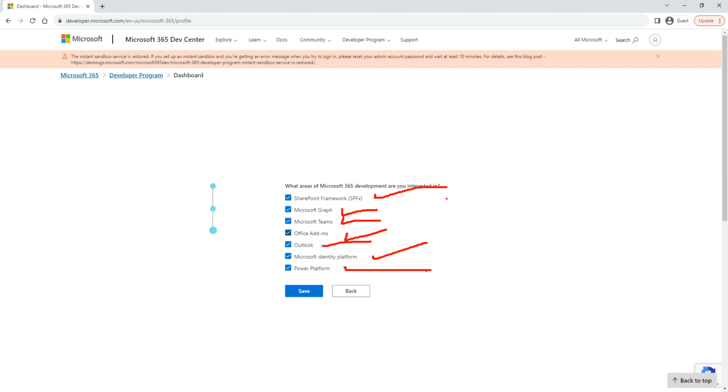Out of these four, we mainly focus on Power Apps and Power Automate because our data source is SharePoint. So we store data, we get data. In the majority of our class, we focus on SharePoint as a data source.